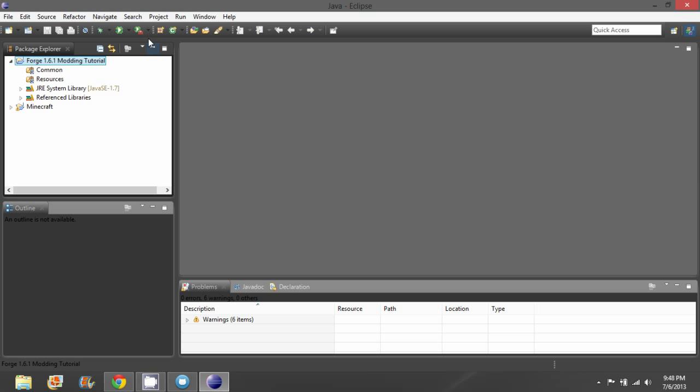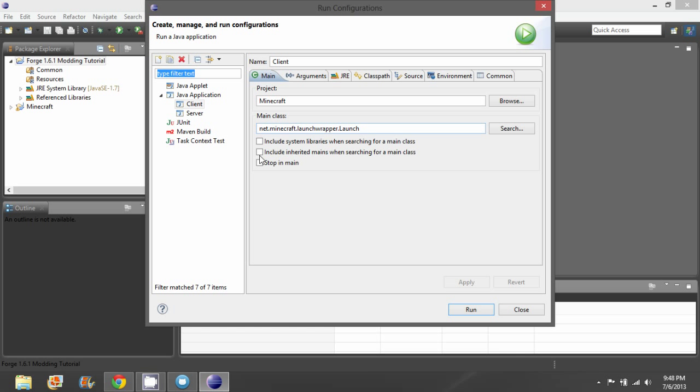Now go to this, left click there, run configurations. Left click on client, right click on it, and duplicate. Change this to modded, and then I'll just do _C so that I know it's the modded server.